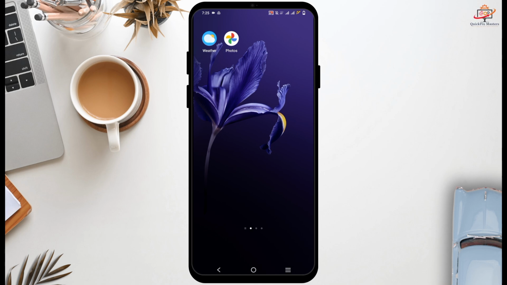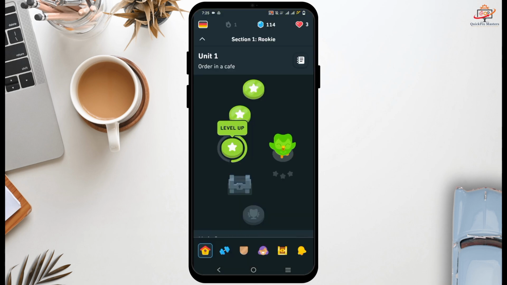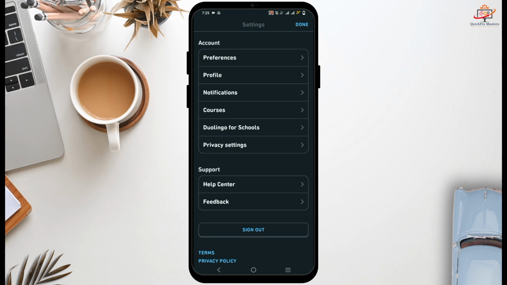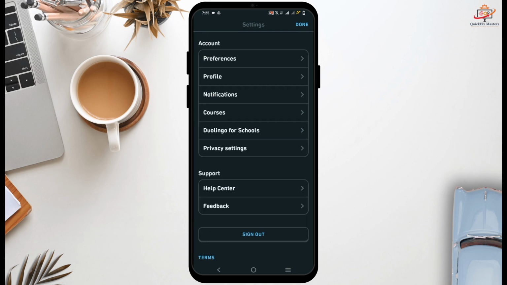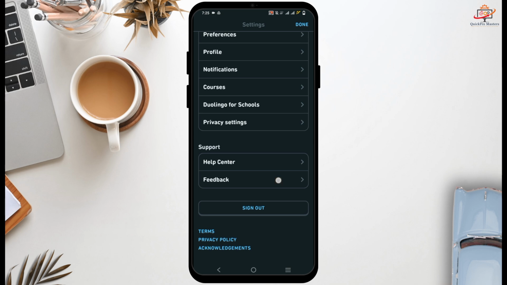If you have subscribed to Super Duolingo and do not require it anymore, in that case, first of all tap open the Duolingo app and from the bottom bar tap on your profile. After that tap on the settings icon which is on the top right, and if you have a subscription, you will see a subscription note. However, if you have cancelled all the subscriptions, as on my screen, you will not see